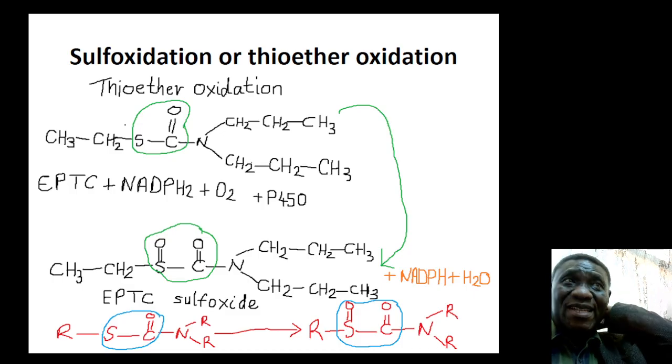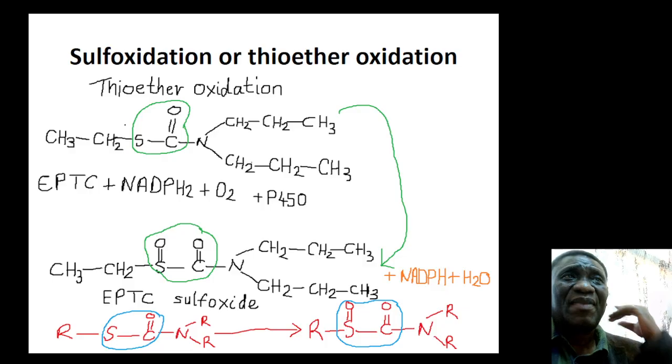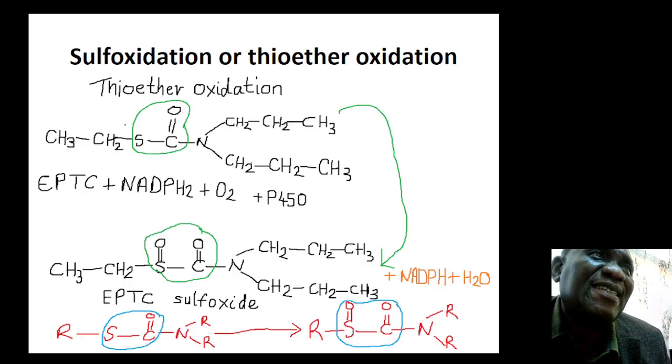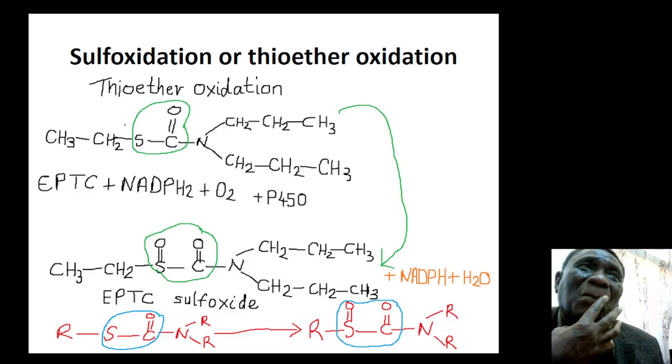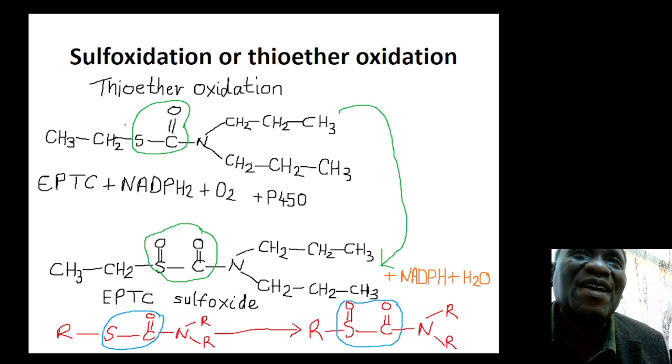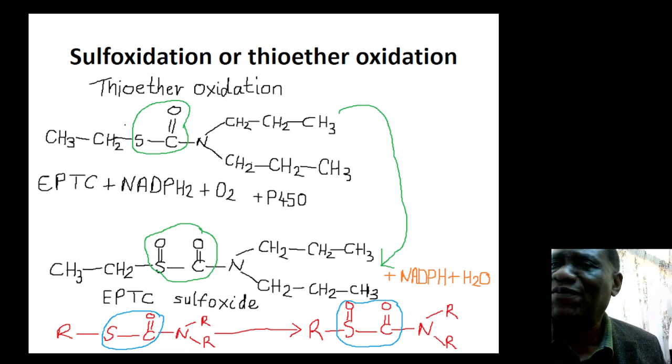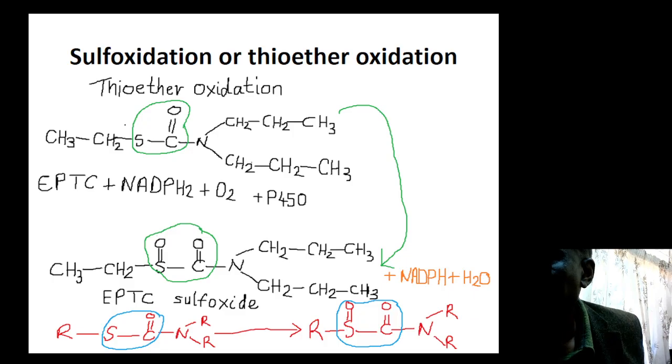Here again we've got a big molecule of EPTC, but you don't need to remember all of this. Just spot where there is S in the molecule. That is where the oxygen is going to be added. And we simply call this process sulfoxidation or thioether oxidation. In fact, if you are given any molecule, if you spot S,